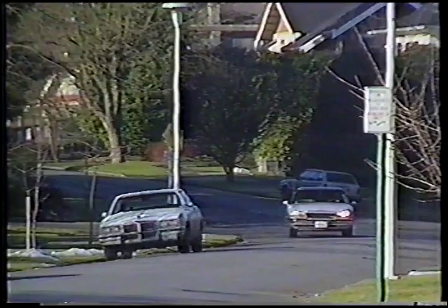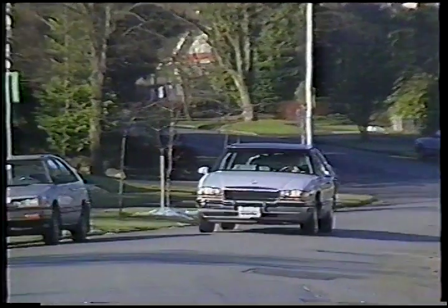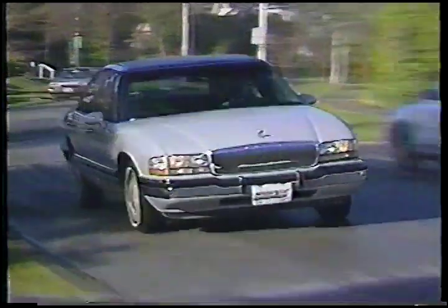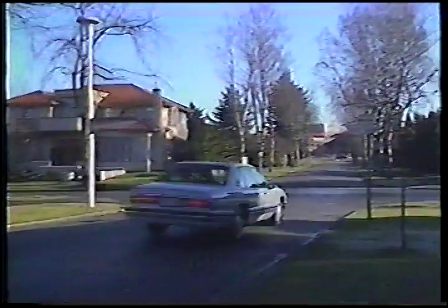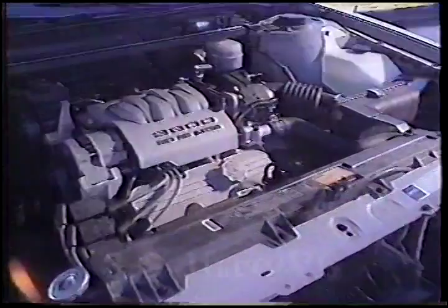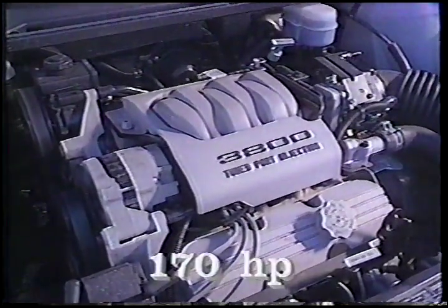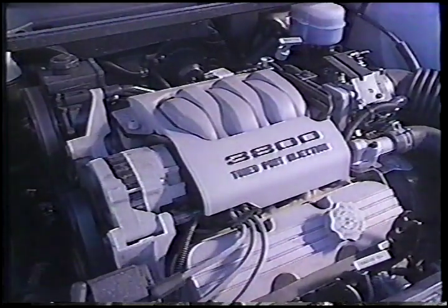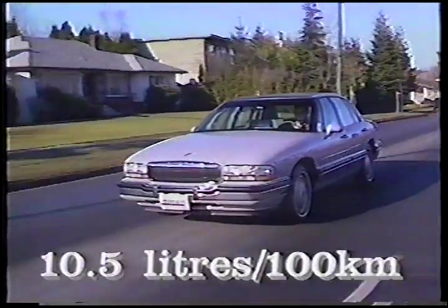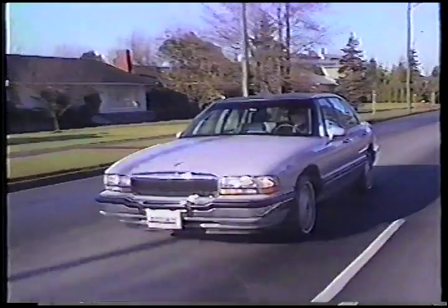There's plenty of power and torque from a 3.8-litre V6 engine with tuned port injection and an electronically controlled 4-speed automatic transmission, GM's first. The transmission pioneers a new generation of automatics from GM's Hydra-matic division, and it debuts in the Park Avenue. The new version of GM's 3.8-litre V6 provides 170 horsepower and 220 foot-pounds of torque. 100 kilometers per hour should be topped in around 10 seconds, and fuel economy is in the 10.5 litres per 100 kilometers range. A well-optioned Park Avenue like ours will set you back